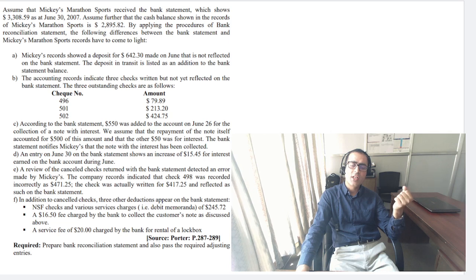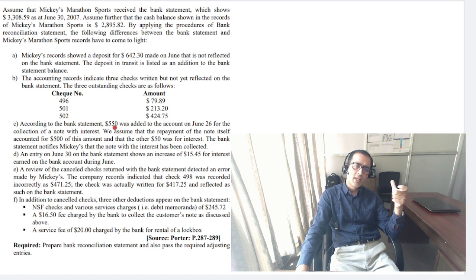Now based on this background, let's move to an example. You are given the company Mickey's Marathon Sports, which shows that the balance as per bank statement is 308.59 on this date, while the balance as per company record is 2895.82. You are given different information: A is about your deposit in transit, B is about outstanding checks, that is 3 checks, checks issued but not presented for payment,